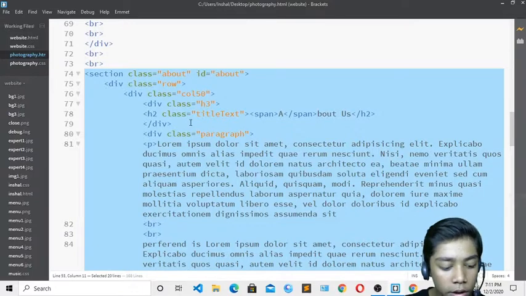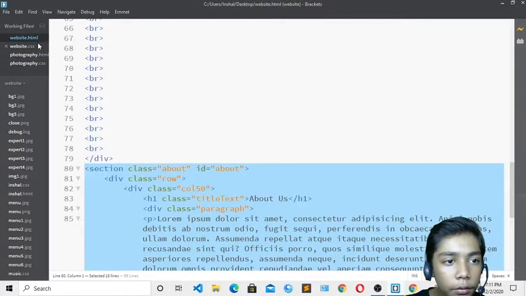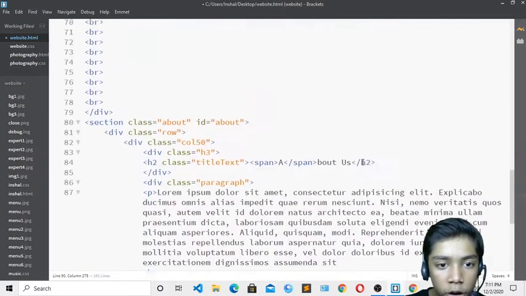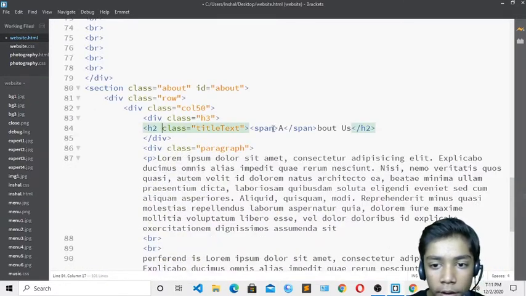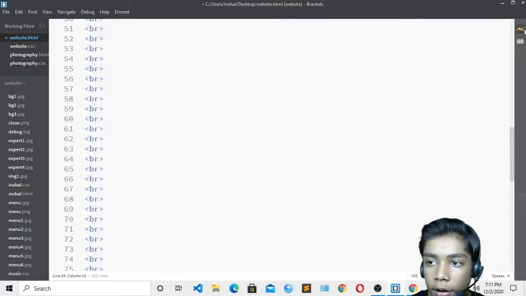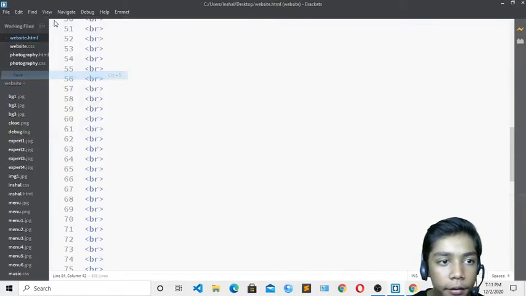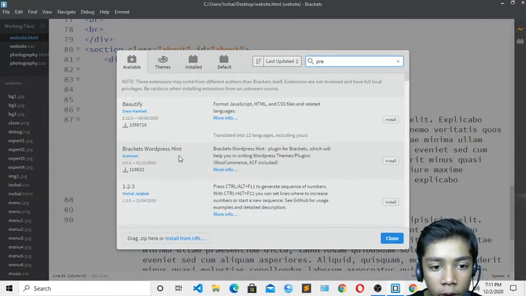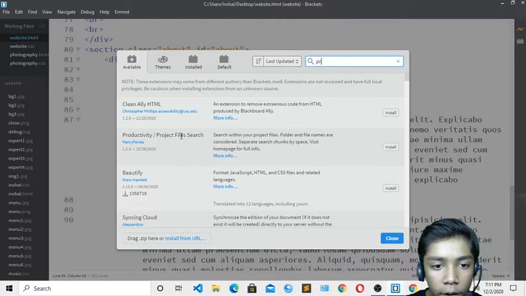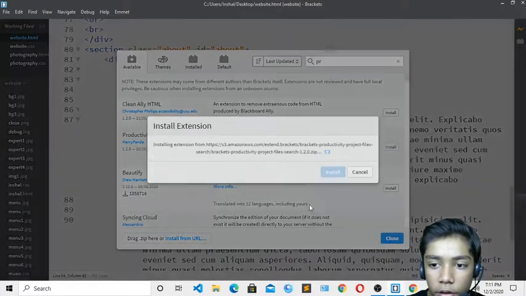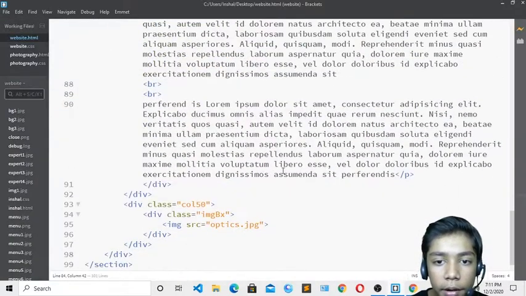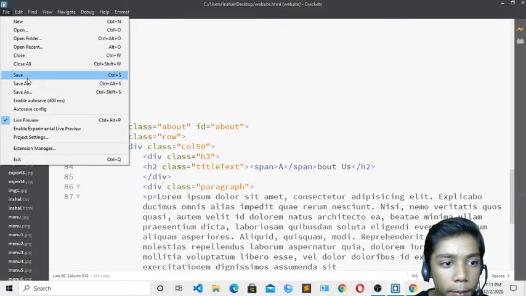Okay, so I just have to do one thing. I will go over here, and here it should be "About Us". Now if I do one thing, I will just save. And now if I go to this extension that I told you about in the previous class, my extension was this one, Productivity File Checker. Install. Now it is done over here, and you can see I have just worked with my extension.